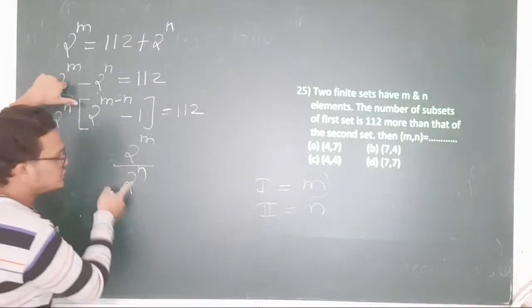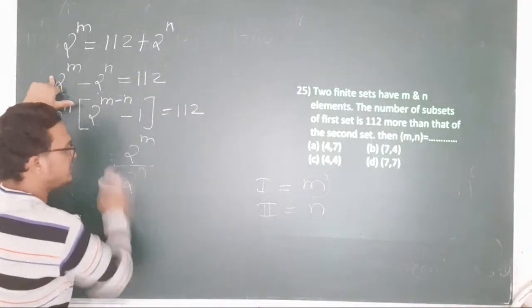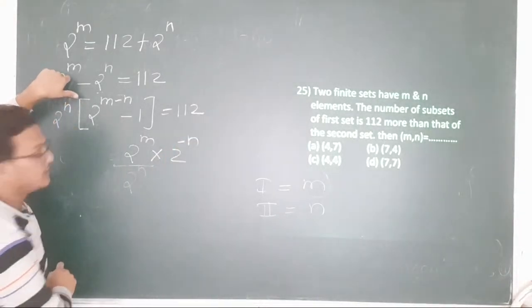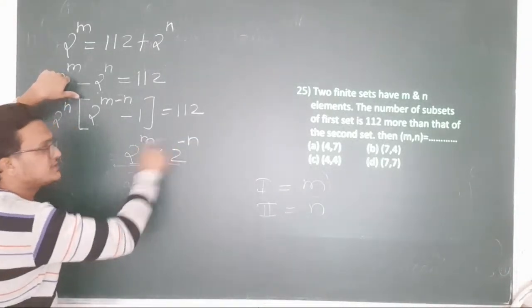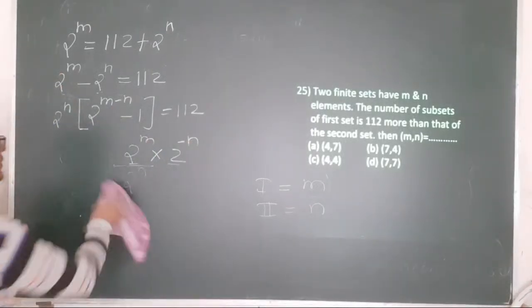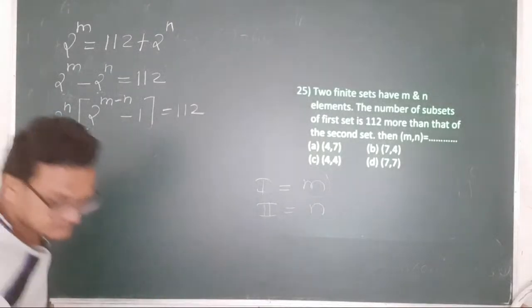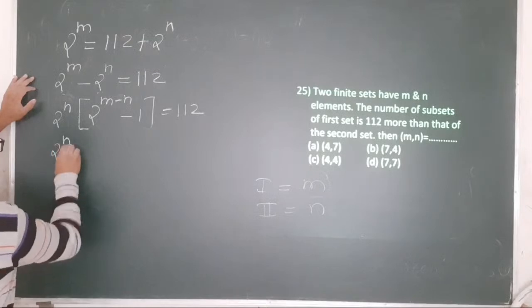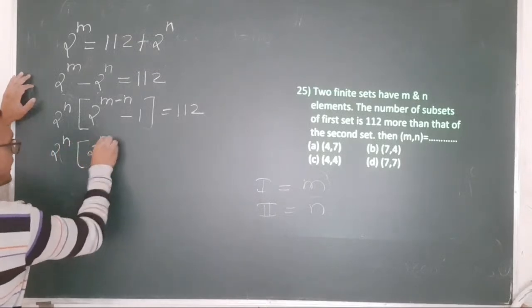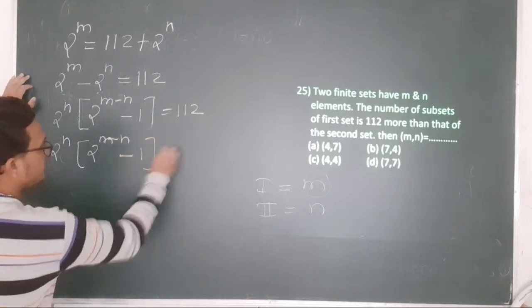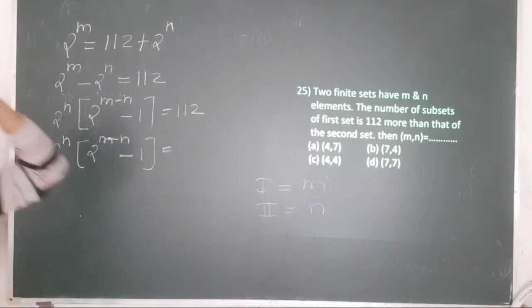So this you have to shift to the numerator. When you shift it to the numerator, it becomes 2 to the power minus n. Bases are same, so it is added. So therefore it is m minus n. That you have to remember, the law of indices concept. Now this 2 to the power n as it is, 2 to the power m minus n as it is, minus 1, is equals to